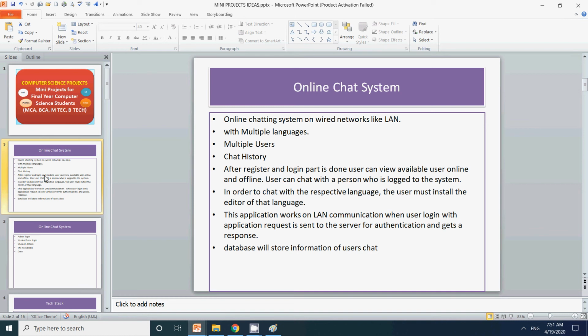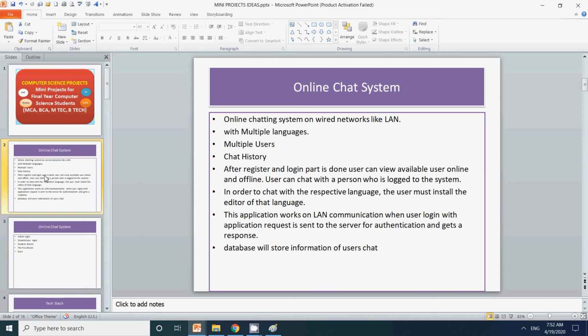So for language, you can create this in node.js, where we have socket.io. Then again you can create it in C sharp, PHP, Python, any language that you want. But the main thing is what all different modules there will be in this particular project. So first thing will be that it will be working in a wired network LAN. So when we say wired network LAN, it means it will be secure, it will not be accessible outside, so it will be for a particular organization.